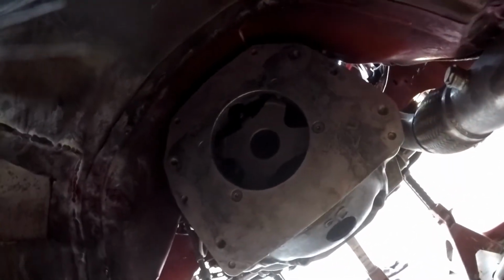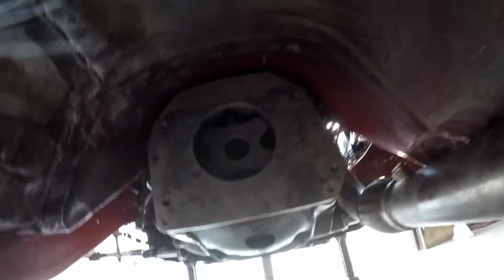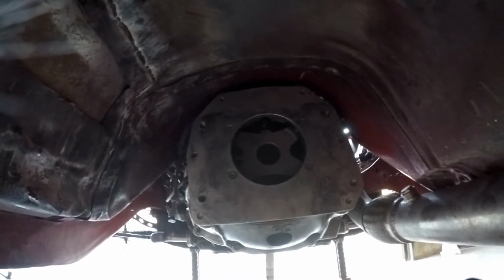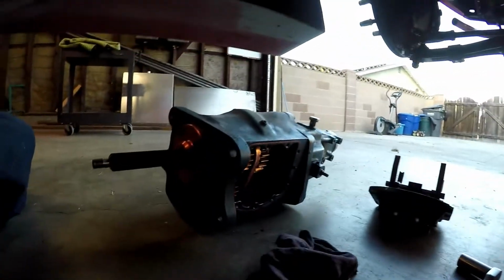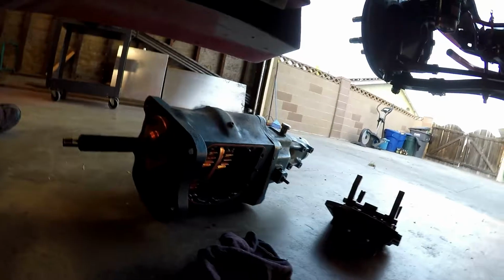Alright, so the transmission's out. As you can see, I left the bell housing and the adapter plate in place. That's the beauty of having a dog box. Once everything's disconnected, like the drive shaft and the shift linkage, all you've got is 4 bolts to drop the transmission. It's relatively light to where one person can do the job